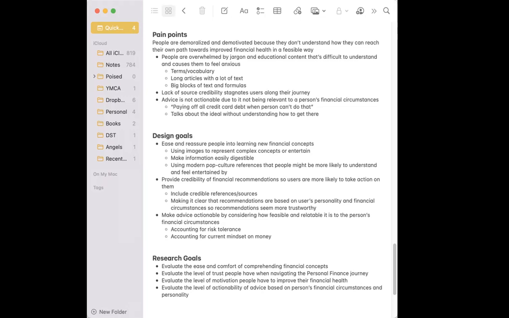So as I was embarking on this project, some of the biggest pain points encountered were that people were demoralized and maybe demotivated when it came to personal finance, because they struggle to learn how to improve their financial health in a meaningful way. Specifically, it's broken down into three main buckets. People are overwhelmed by jargon and educational content that can be difficult to understand and cause anxiety. This could be terms, vocabulary, big blocks of text,